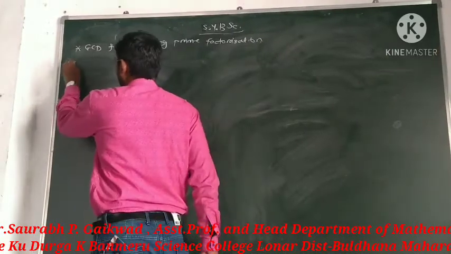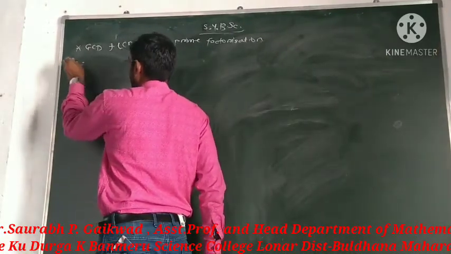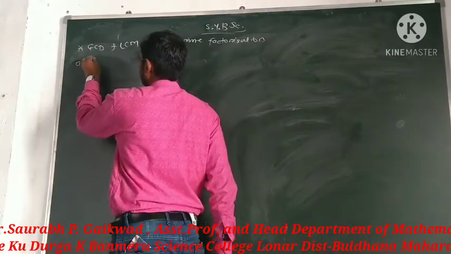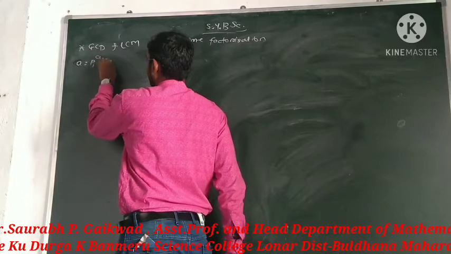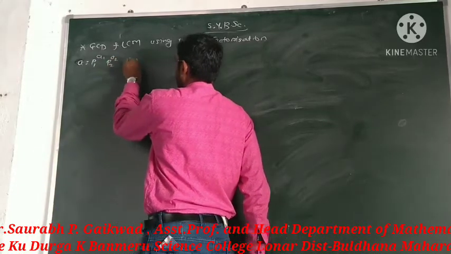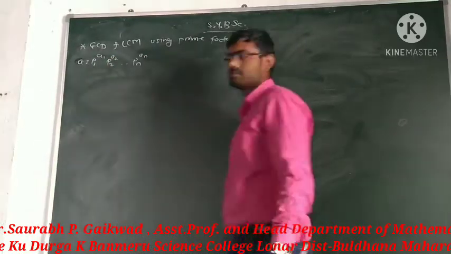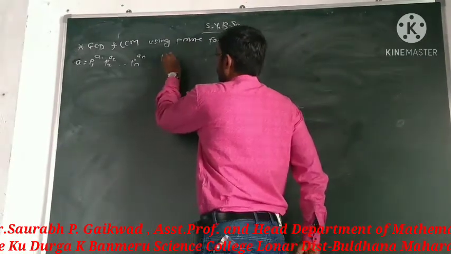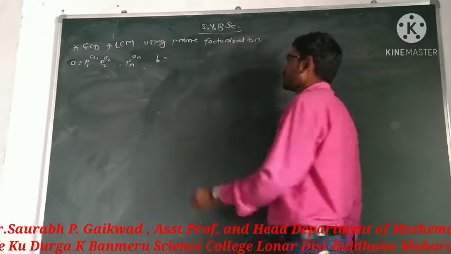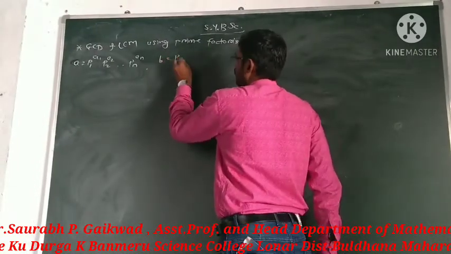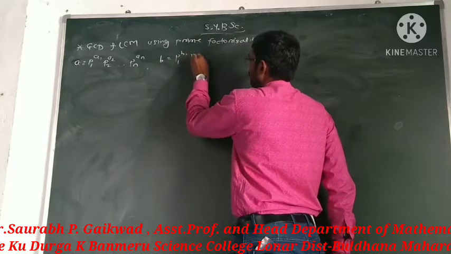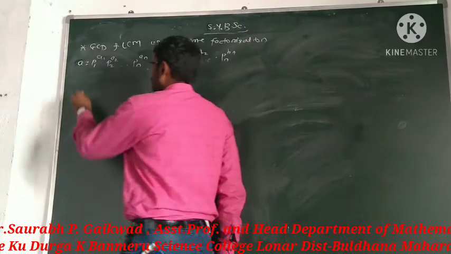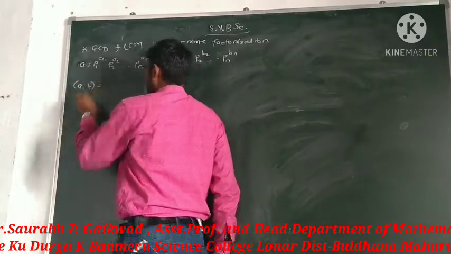Suppose there are two numbers, one is A, and suppose the factorization of A is P1 raised to power A1, P2 raised to power A2, up to Pn raised to power An, where P1, P2 are primes. And suppose there is another integer B whose prime factorization is P1 raised to power B1, P2 raised to power B2, up to Pn raised to power Bn. Then GCD of A and B is always equal to